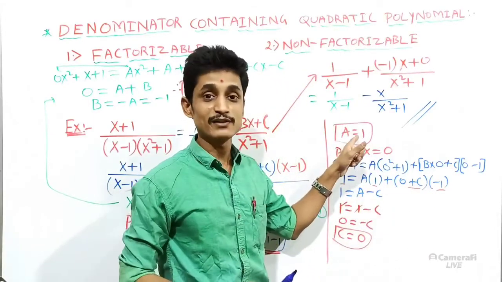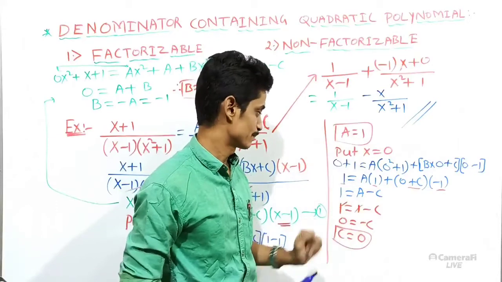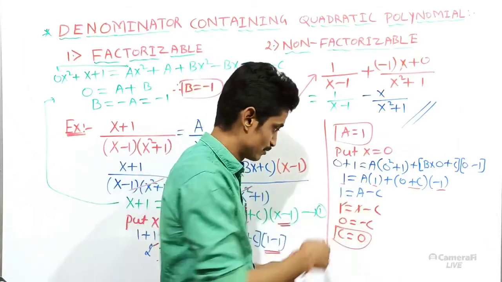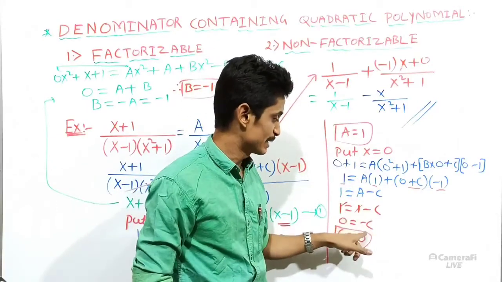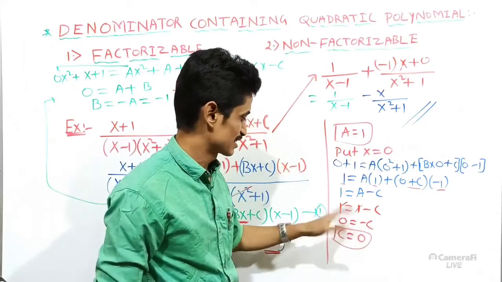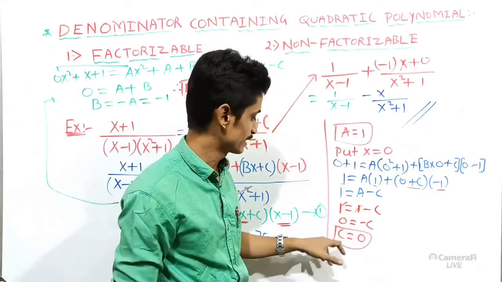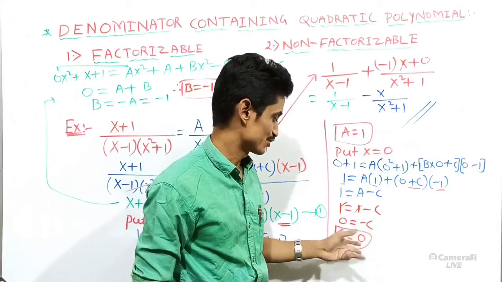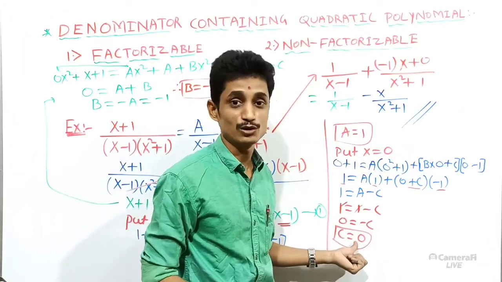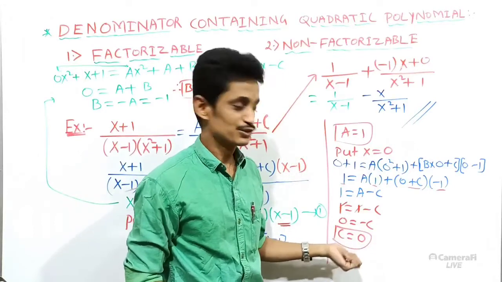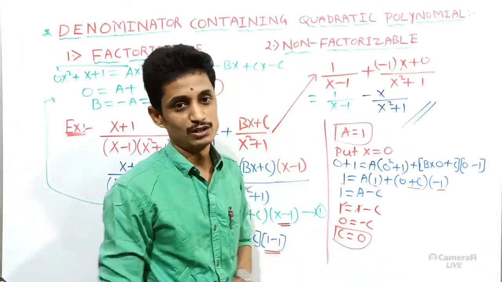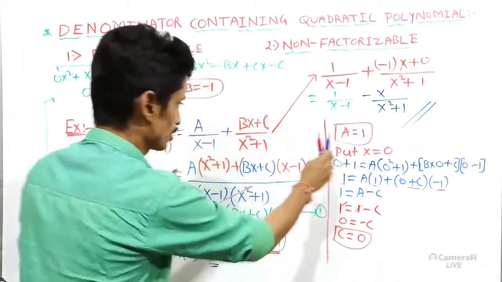What is actually your a value? That is 1. Substitute here, a and a, 1 and 1 will cancel, remains minus c. Just multiply minus sign on both sides, c equals 0. Don't express it as 0 minus or plus, because 0 is neither positive nor negative. Now we got two values.